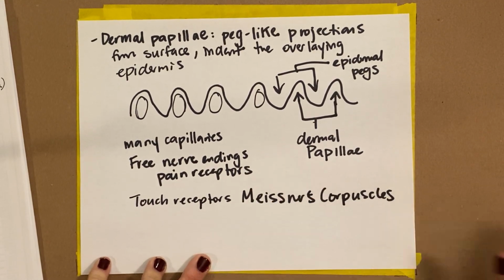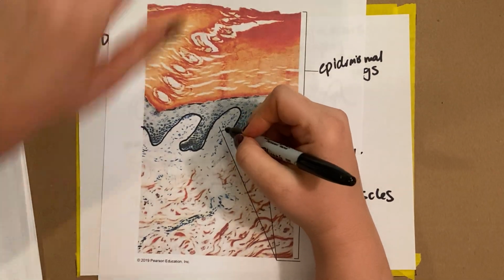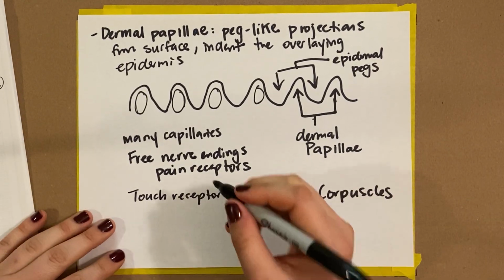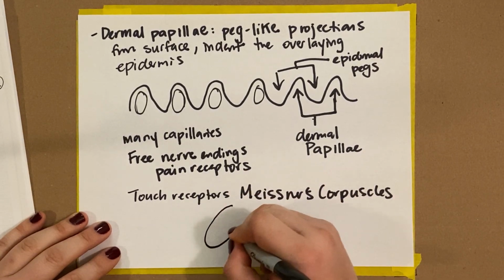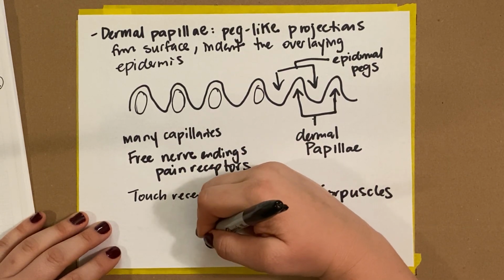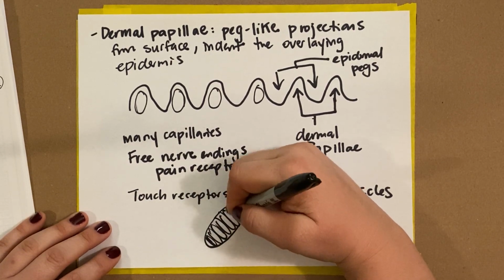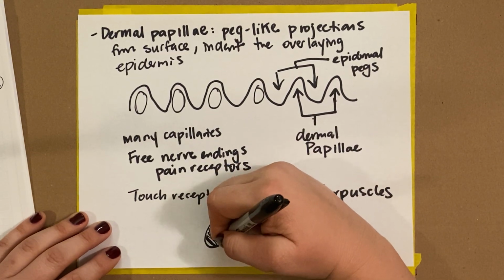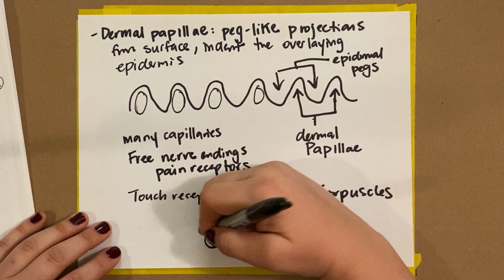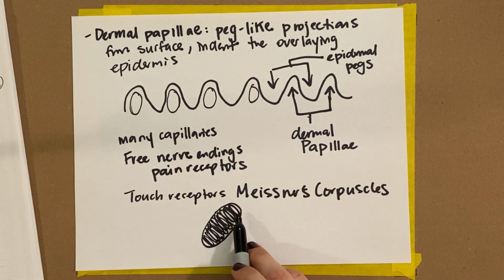Okay, so they are going to be found, if we're looking at this, in this area. Okay, and I'm going to try to show you what Meissner's corpuscles look like. They look more like this, and you can sometimes see the nuclei and the edges, but the cells are definitely arranged in this interesting structure. I mainly want to point this out because we're going to talk about Pacinian corpuscles, which